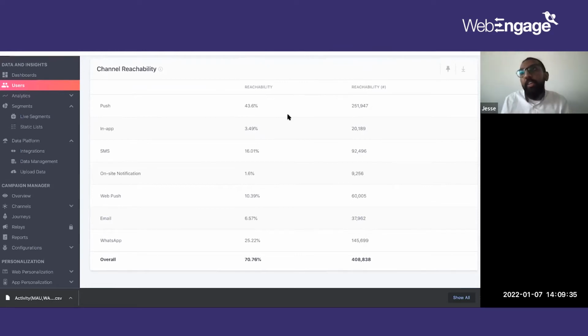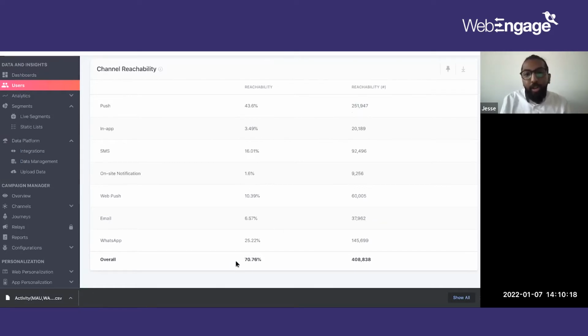In terms of getting started, if you're looking for quick wins in getting your messages across to a larger section of the audience, this section tells you what percentage of your audience is reachable on what channel. We have the percentages as well as your overall numbers. Looking at this chart, I would definitely get started with push notifications. Why? Because it has 43% of my audience, 50,000 users, while on-site notifications is only 1.6% and only 10,000 users. You want to be engaging with the maximum number of users at any point in time, right? So push would be a go-to channel for me from this data right now.